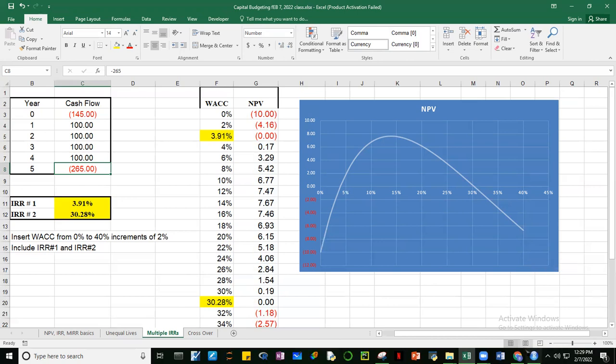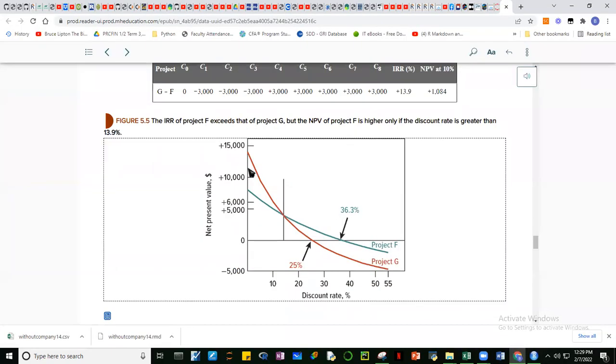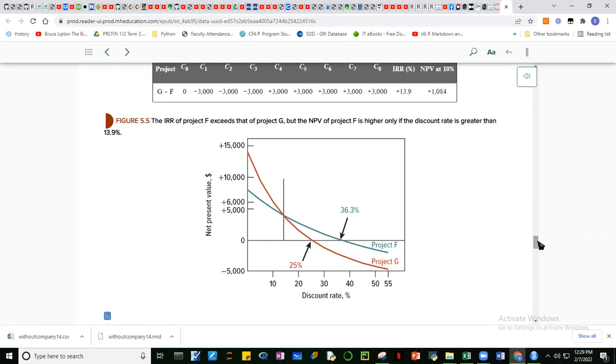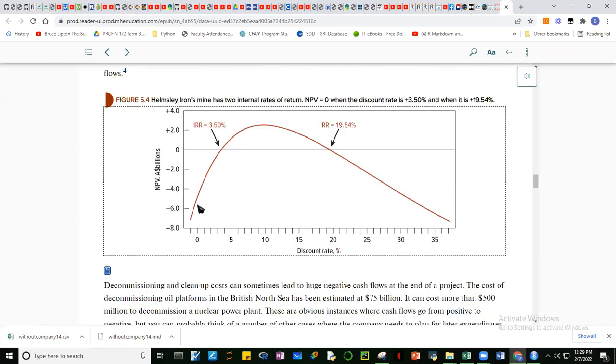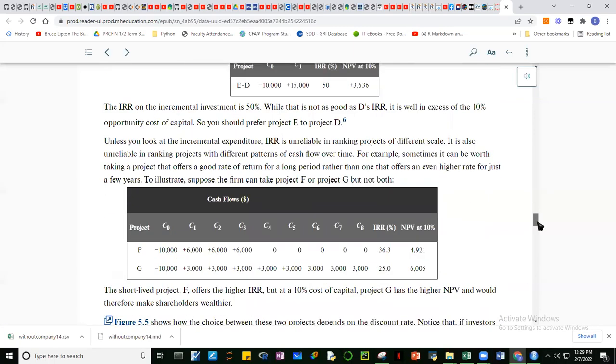Just like the figure that we showed a while ago, ito, no? Ito. Si Project G na nyo guys, no? Pababa lang siya. Si Project F pababa lang siya. Eh, hindi siya katulad ng isa na parang concave na may pataas pa, no? Just like this one. Yan. So this only happens when you have a cash flow that's negative aside from the initial investment.